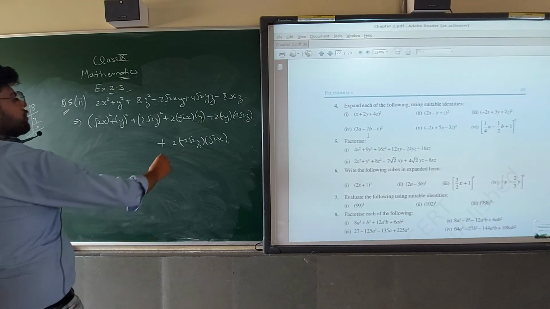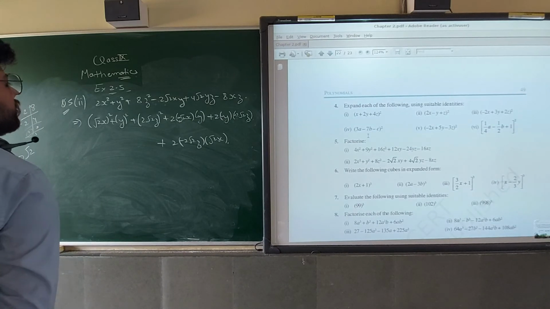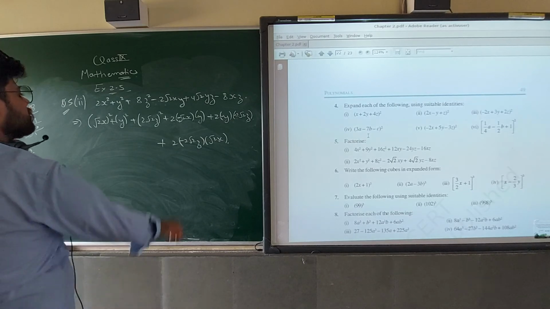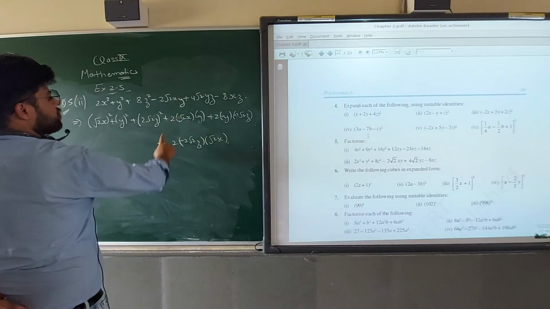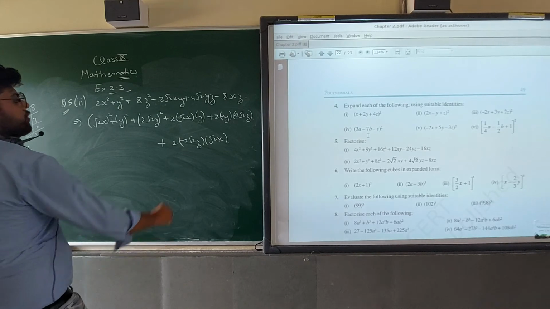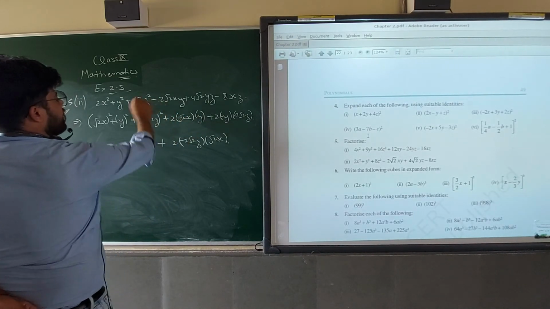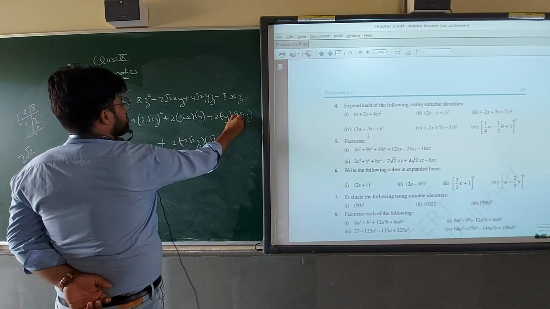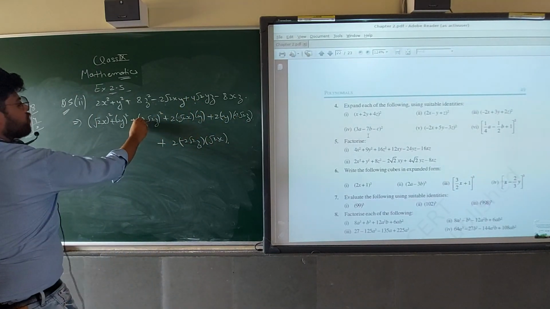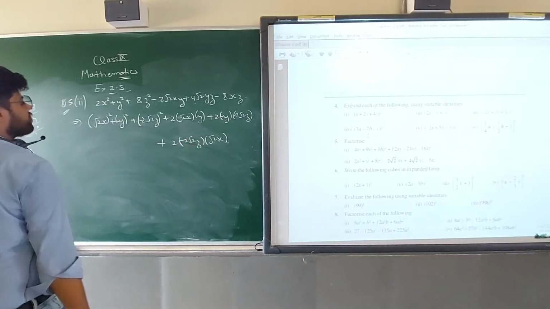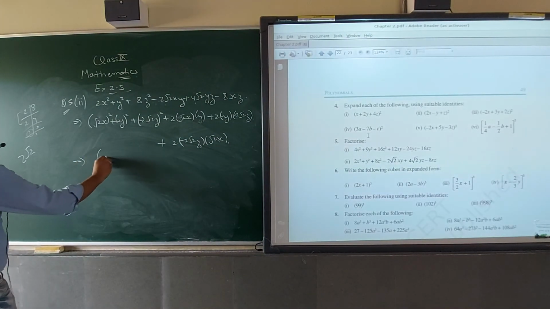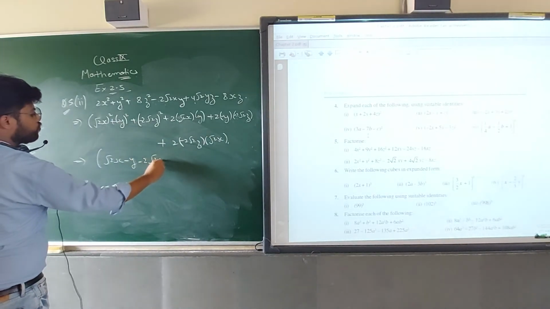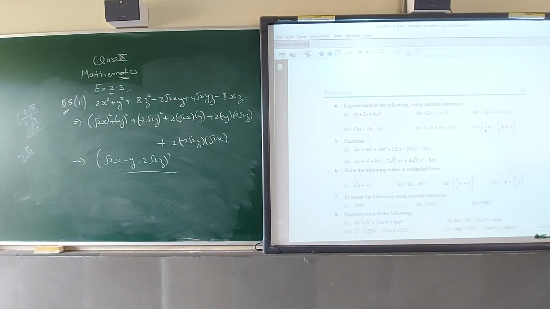Now see, these two are coming, right? xy is minus, but yz is plus. This one will not be counted. Now see that plus minus coming minus means y having the minus, this y having. Now minus minus plus coming means z also having, and here also z having that minus. So this will be formed basically root 2x minus y and minus 2 root 2 z square. This will be the answer.